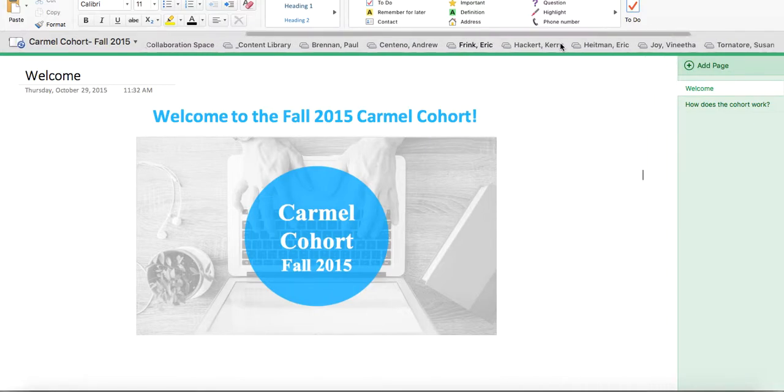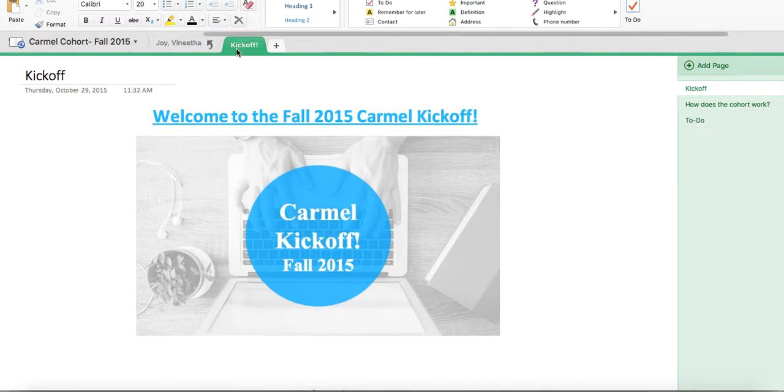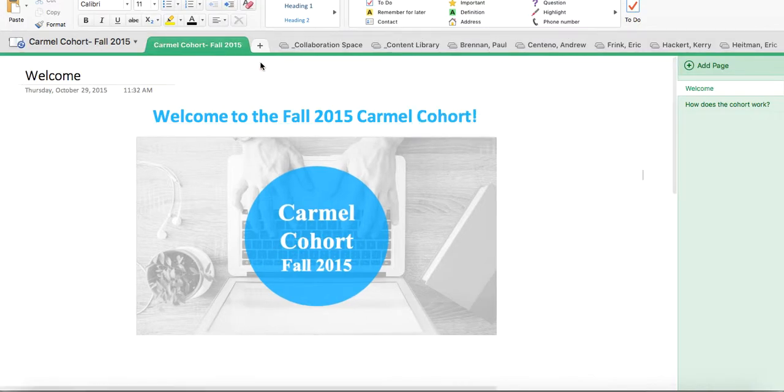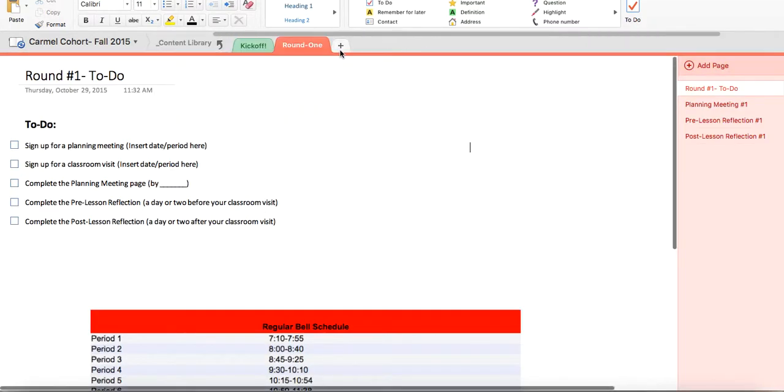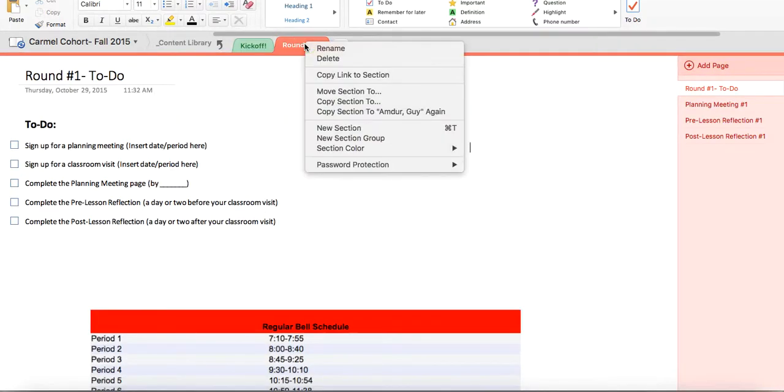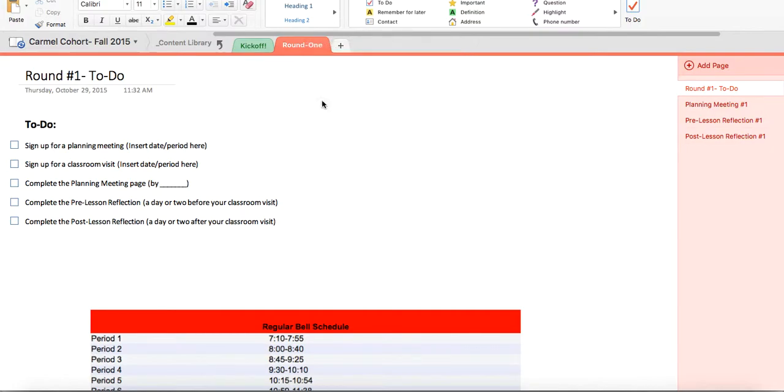So I'll just click on Vanitha, because she doesn't have much in here. She only has her kickoff tab, so I know she did not copy over her round 1. And then there are the pages along the side. So what Vanitha would have to do is open the content library, right click on round 1, and click on copy section to,